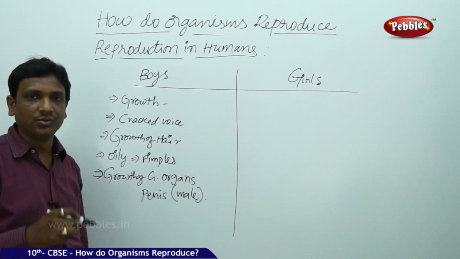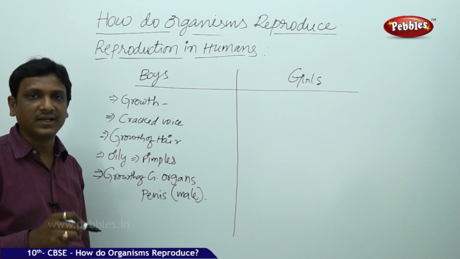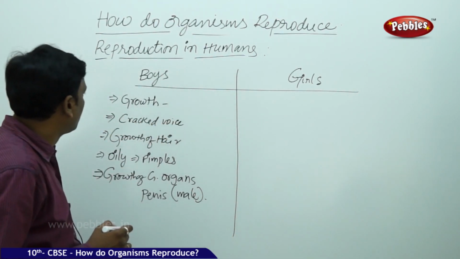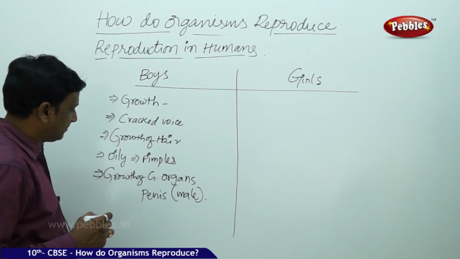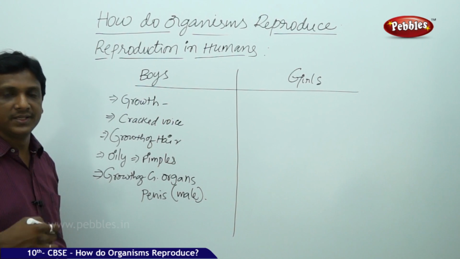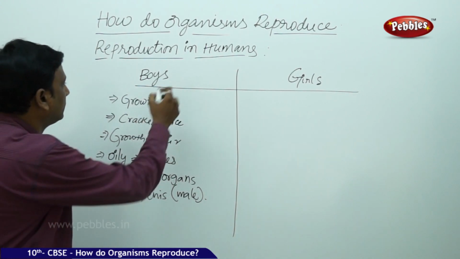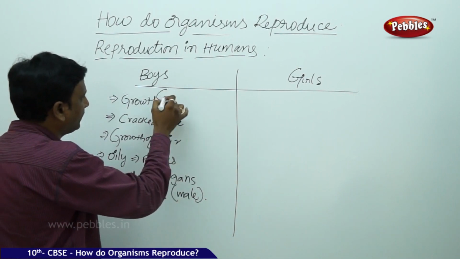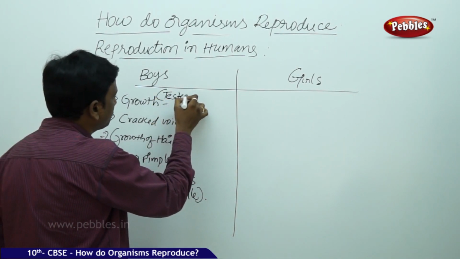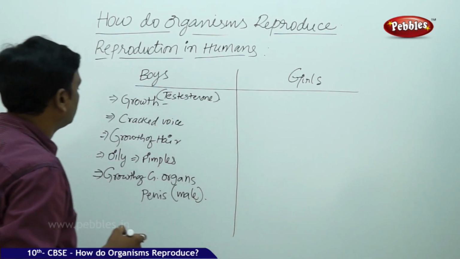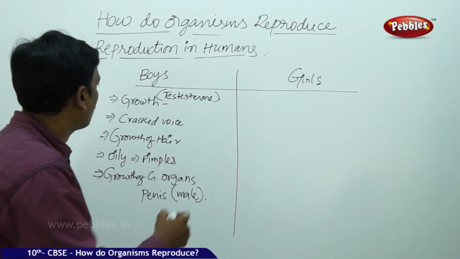These characters show that the organism is turning capable of producing the germ cells. So you see that occasionally the penis becomes erect. It is due to the influence of the hormone. Actually all these things are under the control of the hormone, that is the testosterone, the male reproductive organ hormone.